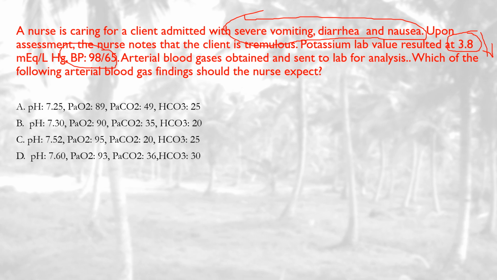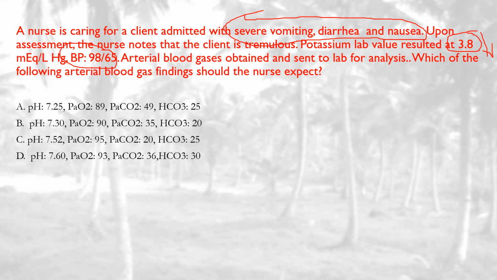Potassium is a key electrolyte that helps regulate fluid balance, nerve function, and muscle contractions. So here's how potassium interacts with the pH balance during episodes of vomiting and diarrhea. This is what happens to your potassium. When you lose potassium via diarrhea or vomiting, the body loses significant amounts of fluids, including potassium. Potassium is lost through the GI tract, and the depletion can lead to hypokalemia, which is low potassium levels